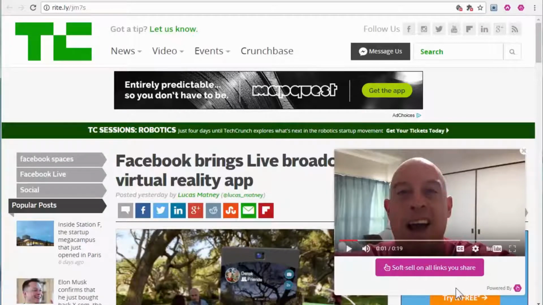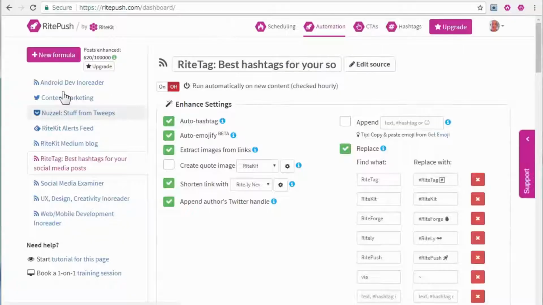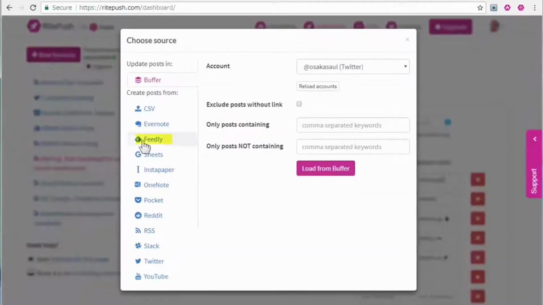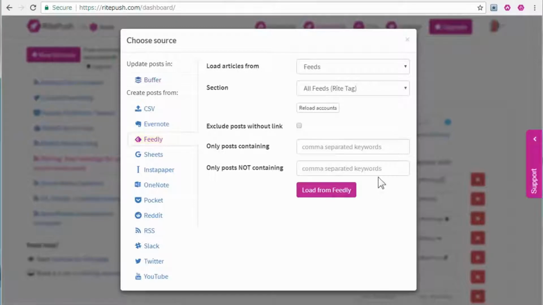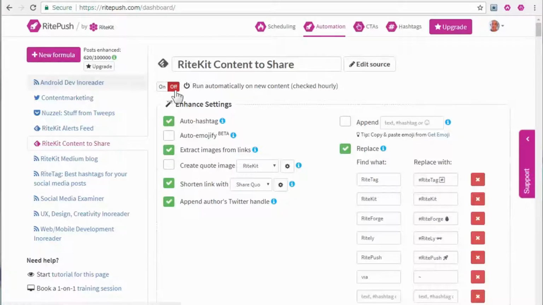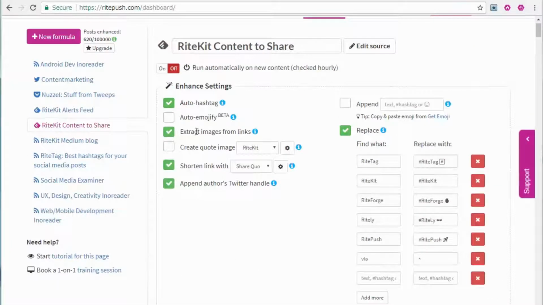And this could be video, as you see here. It could be text or image. Here we will do Feedly. I select feeds and my content to share and load from Feedly. I have this semi-automatic off formula ready to take my auto emojify, and I still need